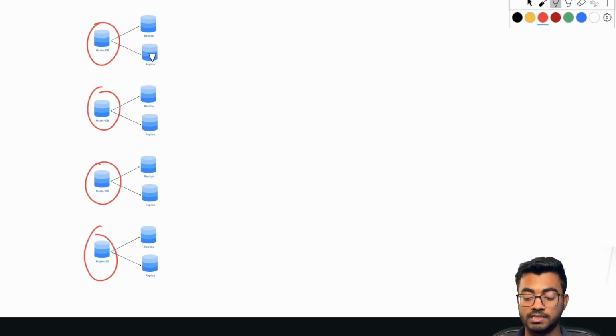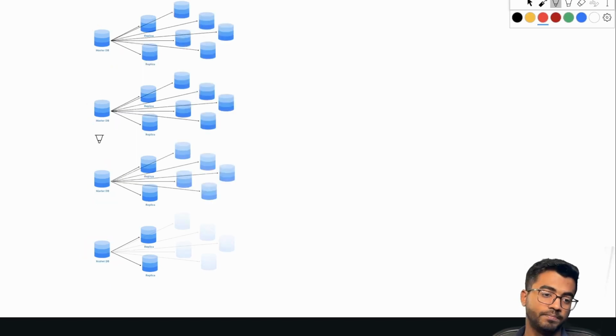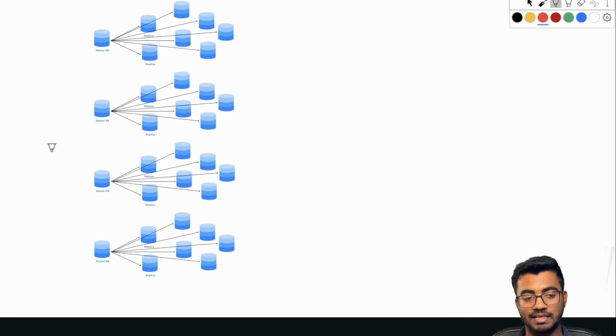That is why it's important to understand and implement replication, and that is why this is the whole architecture. Whenever there are huge writes, we shard, and to handle faults in case of failures, we add a bunch of replicas,